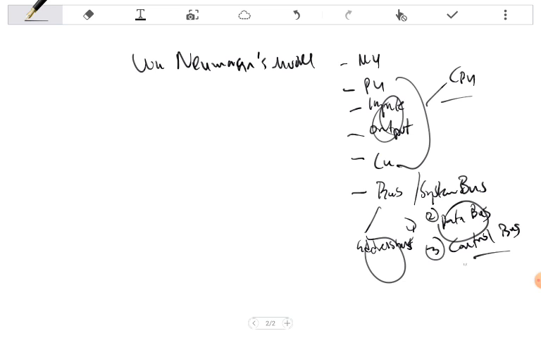Now you have the third one, which is control. It carries signals relating to control and coordination of all activities. Which one comes next? There's a queue here. It helps to queue the order or coordinate the execution of all these activities. You recall that earlier on we talked about the control unit, which keeps time. It makes sure that all the other parts perform their tasks at the correct time. How they achieve that is using the control bus. So the control bus carries the signals relating to the control and coordination of all activities within the computer.